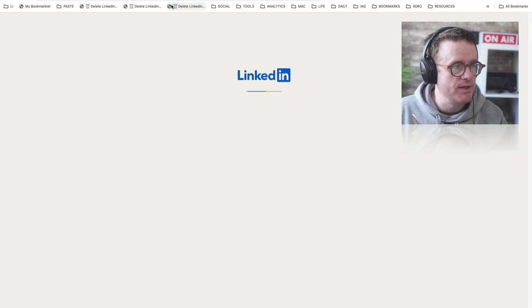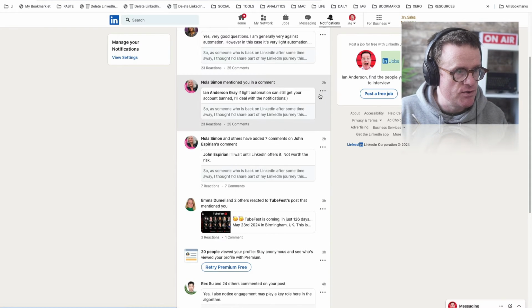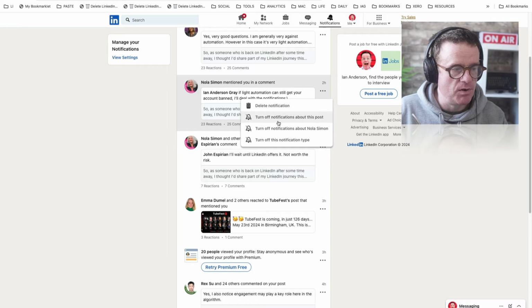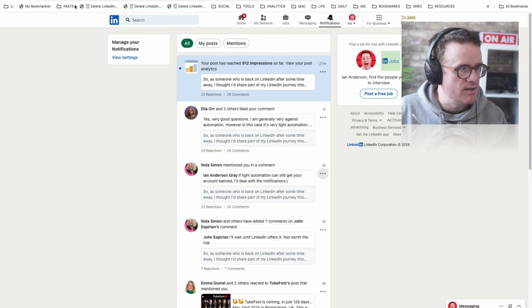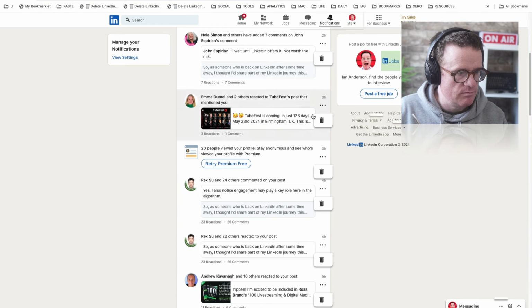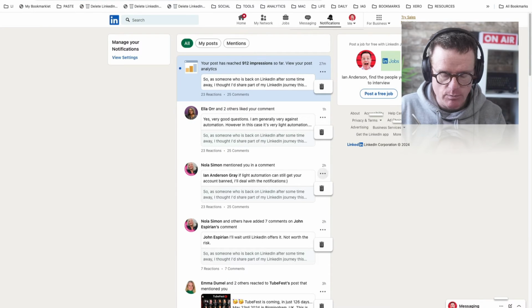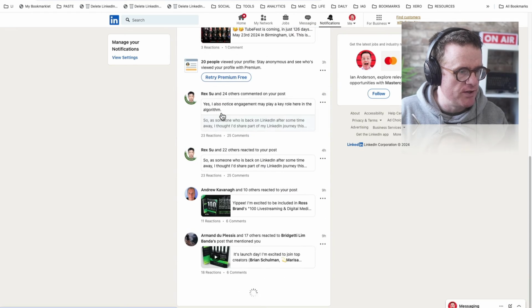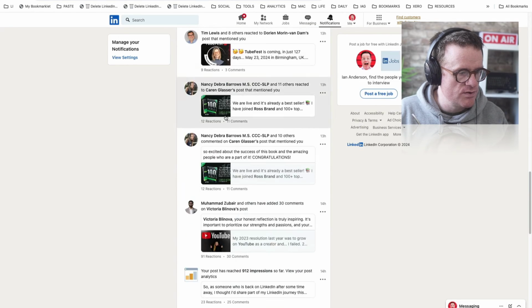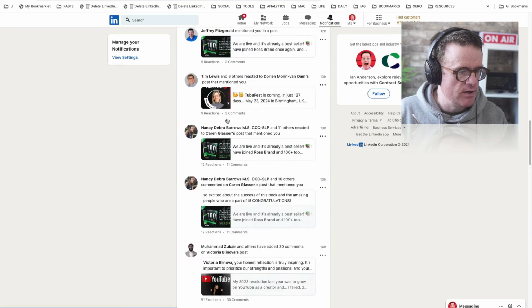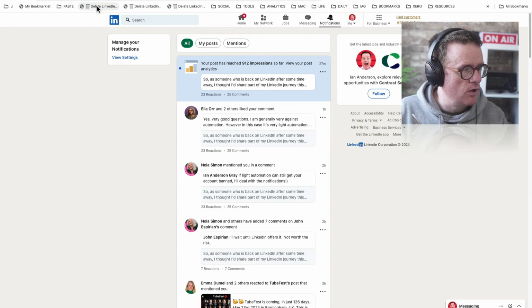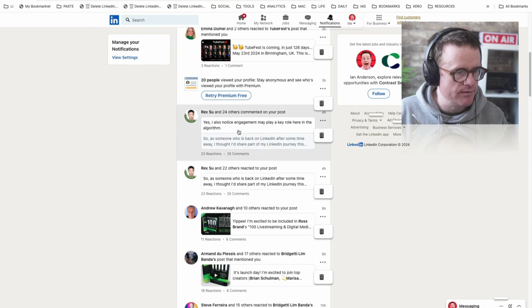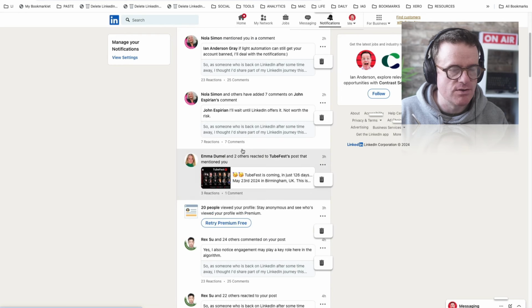So basically what's happening here is if I just go to these three dots, it's just displaying this. It's hiding the delete notification and all these other things, and it's just giving you that trash can. And so this makes it really easy. If I just do that again, I can just click these very, very easily. Again, what you want to do is to just scroll down the page as far as you want, and then go to the top, click on that button, and then you should have all those delete buttons there. So it's all really simple.